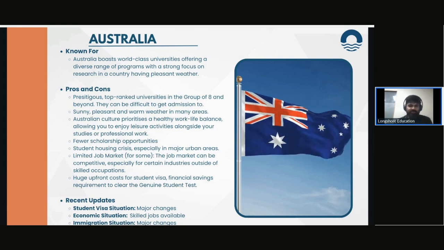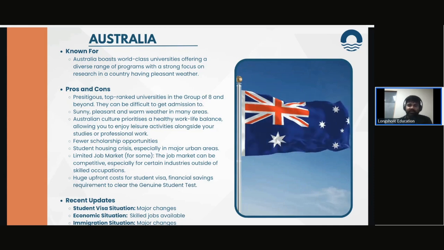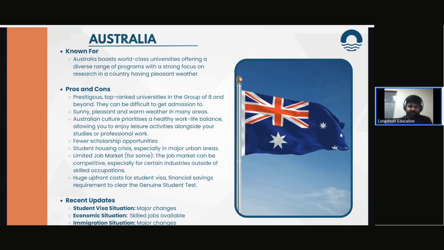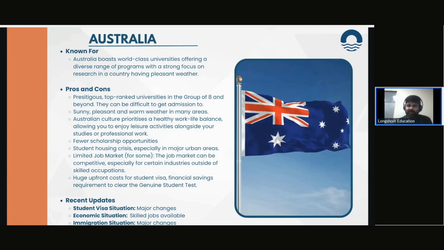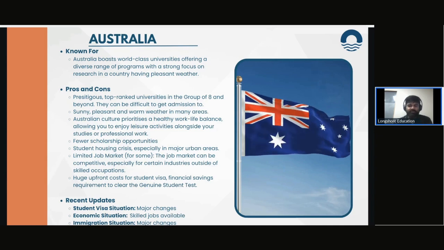The potential extension for the postgraduate visas is also there. So again, the students who are going there for masters should not have anything to worry about. They will be eligible if their program is covered under the skill set to have a longer stay period of 4 years because of a separate treaty between India and Australia. Jobs are available in the skilled set, but the student visa situation and immigration situation can change at any point of time. There's also a cap of 35 years of age at the master's level, which can affect students, but is not something which should be a major deterrent.